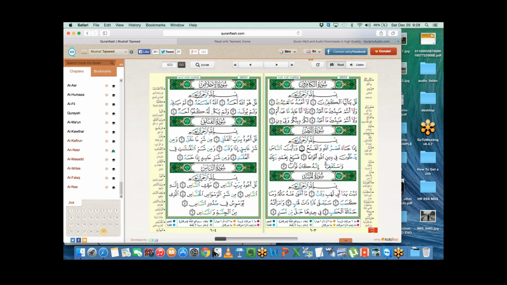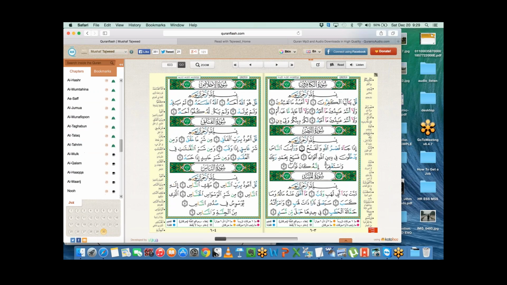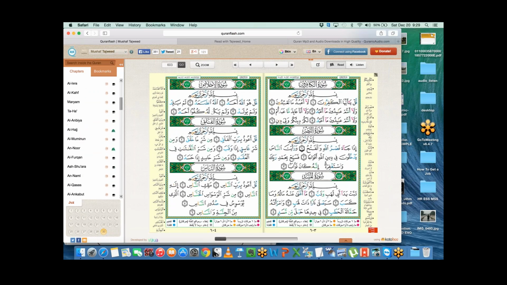Let's see. The pink, the purple stuff, I don't know if you can see the colors. The purple stuff is mud. This one you have to make really, really long, so we don't have much of that here. On this page we don't have anything, but if you go to Surah Al-A'raf, you can see the mud to be really long.